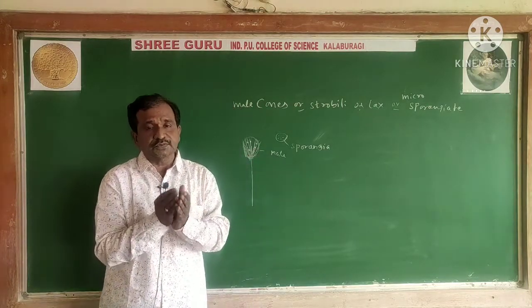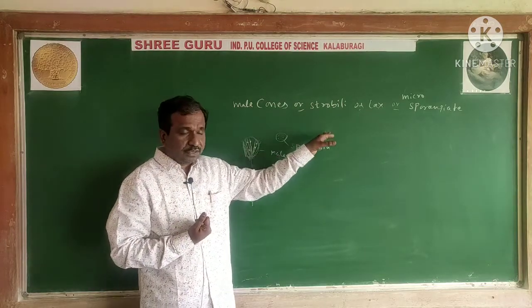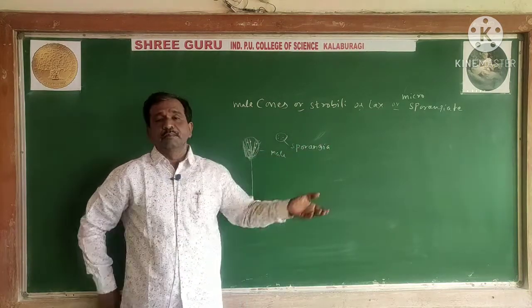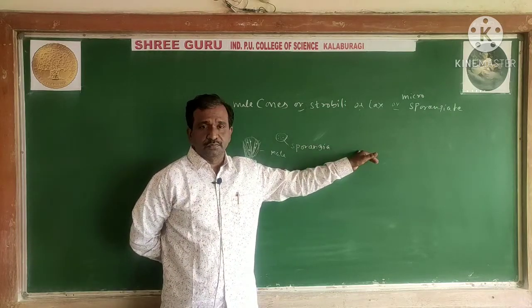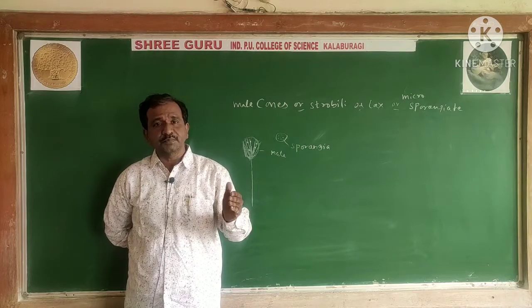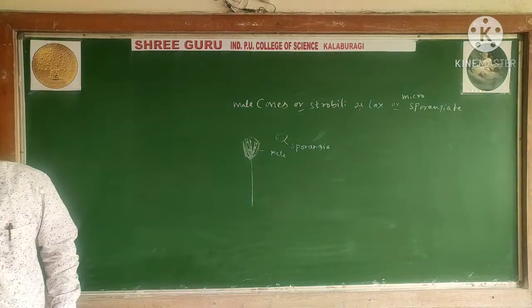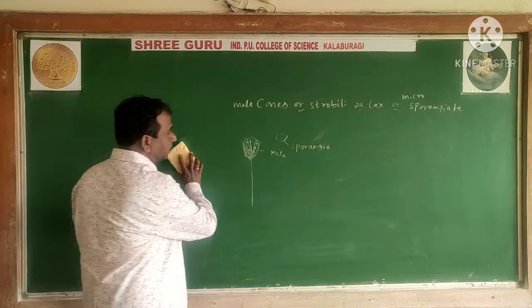Cluster of sporophylls is called one cone. If it contains microspores, then it is called a male cone. If it contains megaspores, it is called a female cone. As I already told you, male and female plants are found separate in the cycas. Okay, now lastly we are moving towards the reproduction part.